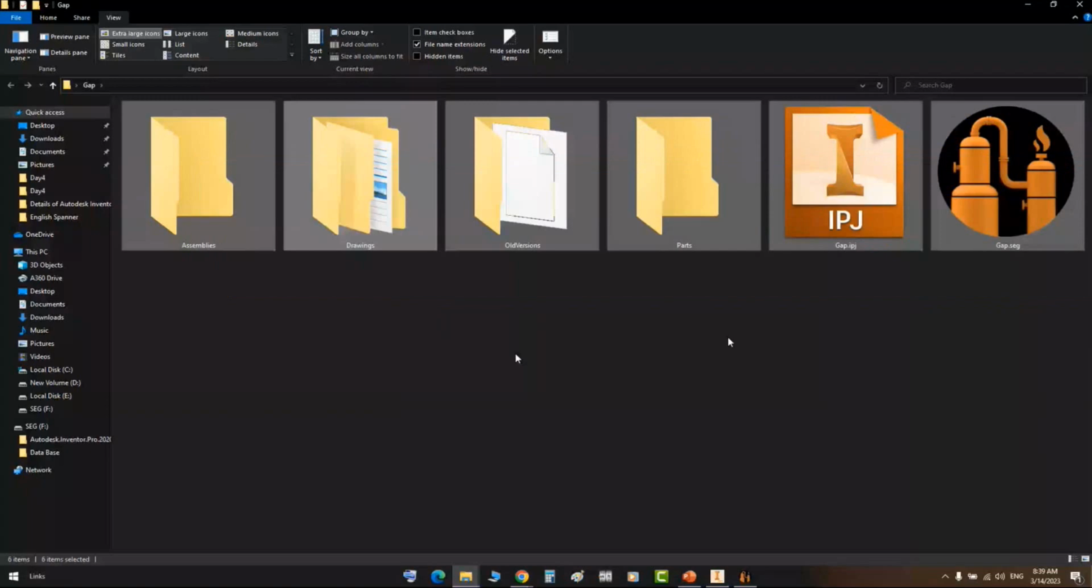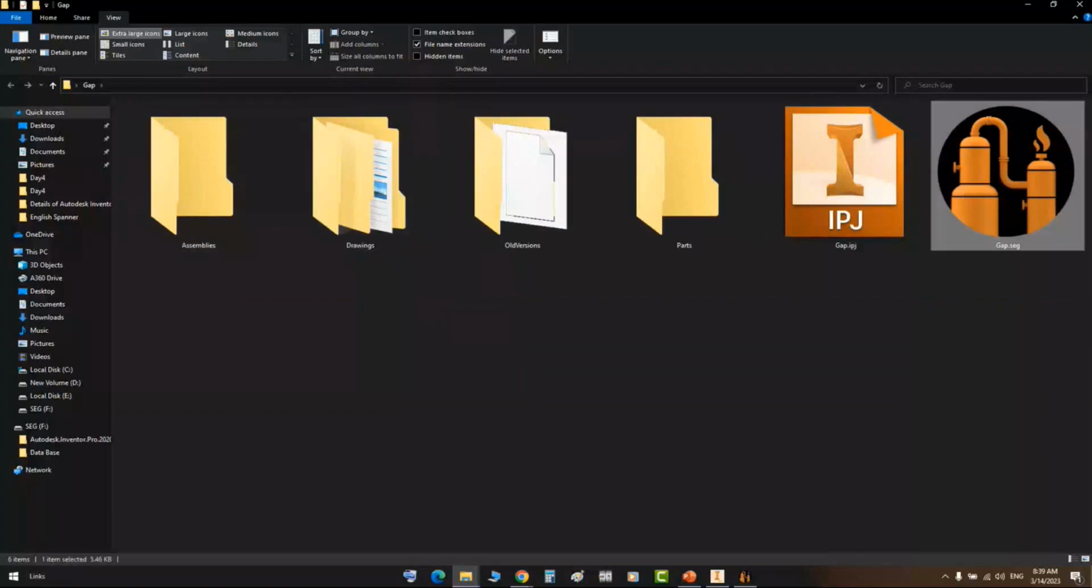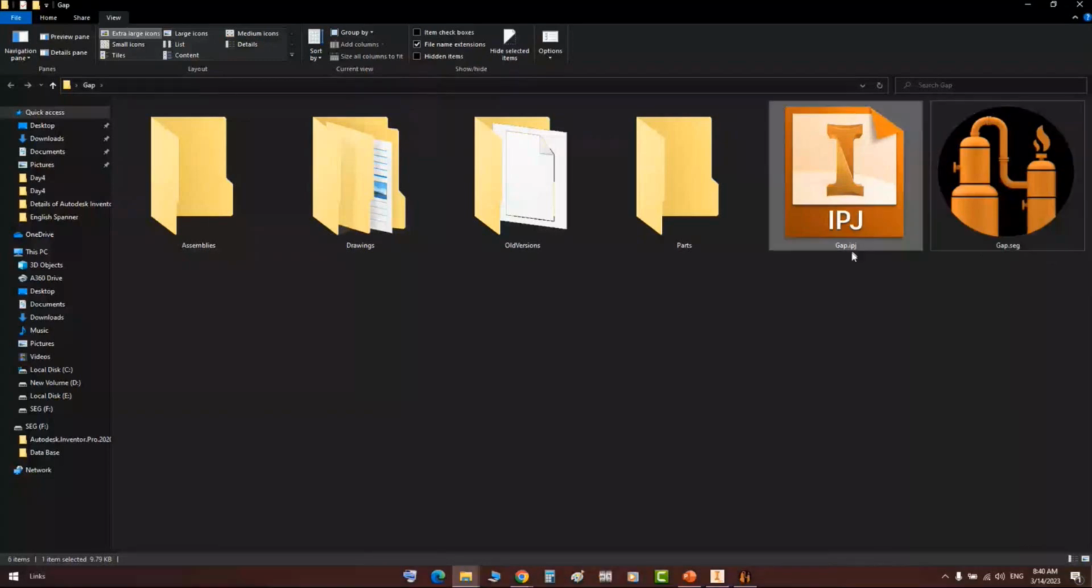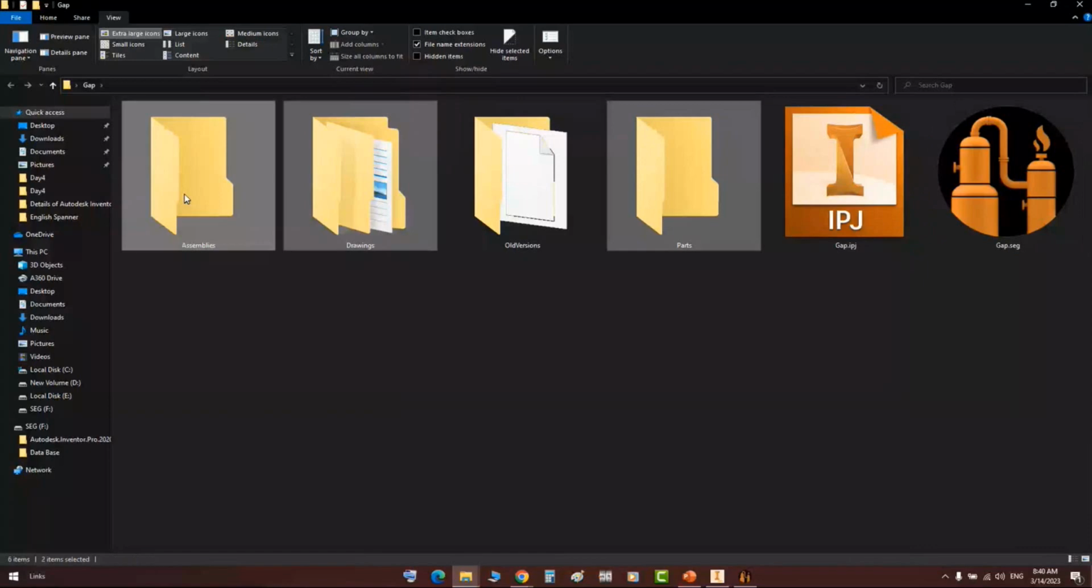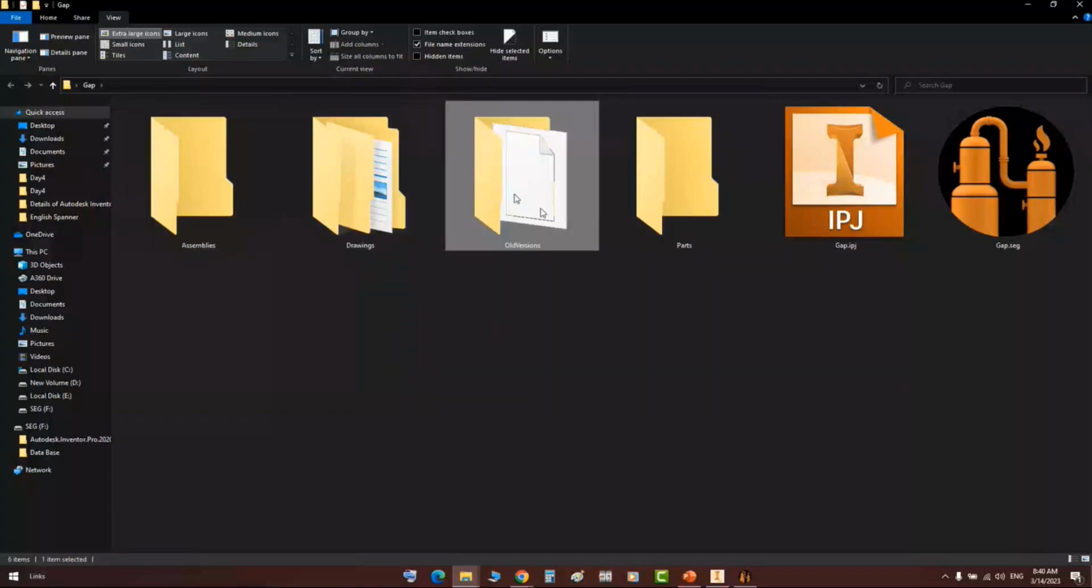You will find the SEG file. It will take the same name as the folder, and another file for the Autodesk Inventor project file, which takes the same name as the project file. And here you will find three folders, one for assemblies, another for drawings, another for parts. And the old versions here is for backup files. It looks like the backup file of AutoCAD. Okay, now let's come back to